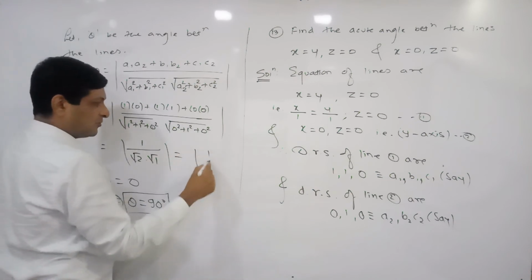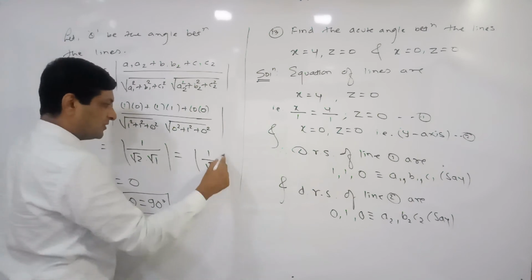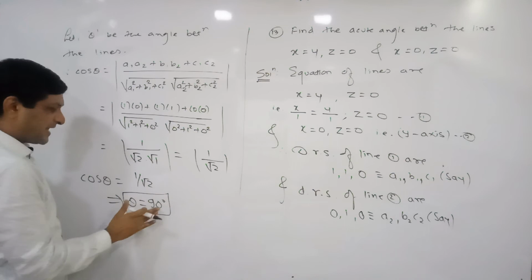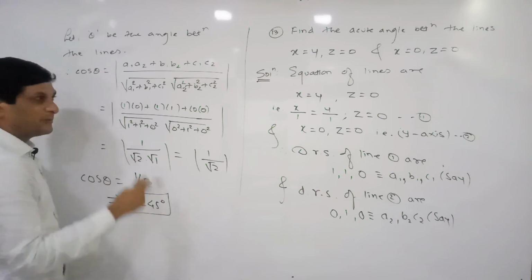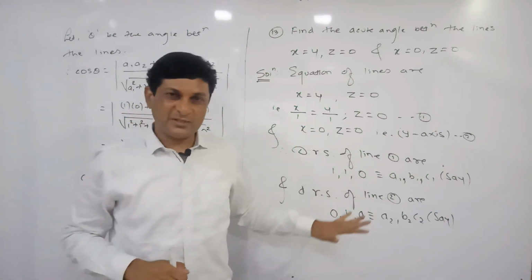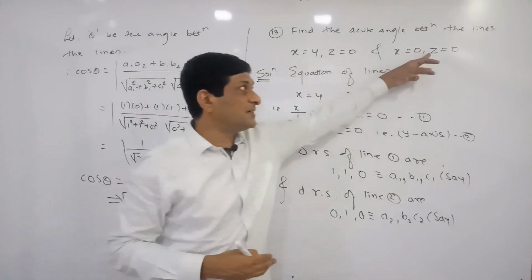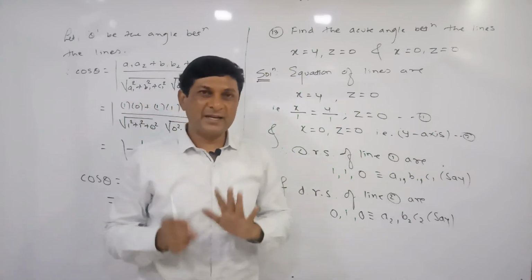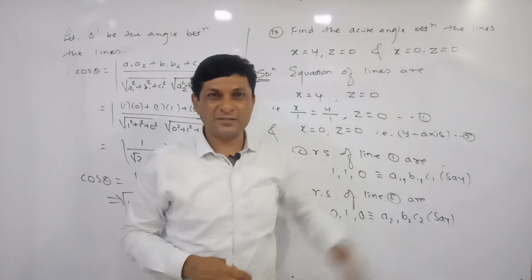So it is equal to 1 upon, what is the square root of 1? 1. 1 into root 2 is root 2. So here cos theta is equal to 1 by root 2, which implies that theta is equal to 45 degrees. Means we can say that the angle between the given two lines is 45 degrees. Hope you have got the correction also. The last example is also correct, where we considered y is equal to 0; at that time the given two lines are definitely perpendicular. Like in textbooks, here instead of y is equal to 0, z is equal to 0 is there.